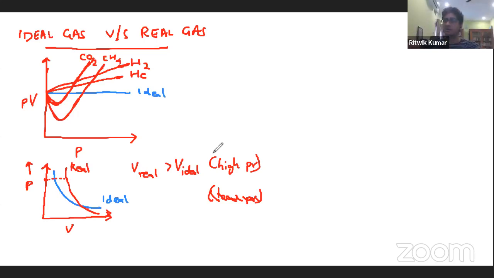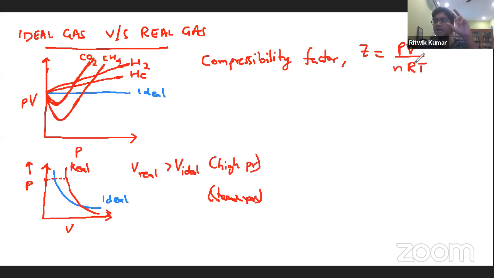We're not assuming that they are colliding freely against the walls of the container. So to understand this difference in their nature, they came up with the compressibility factor, Z, which is equal to PV by nRT. Basically, they are checking how different the left-hand side of the equation is from the right-hand side, right? So if Z is 1, it is ideal gas